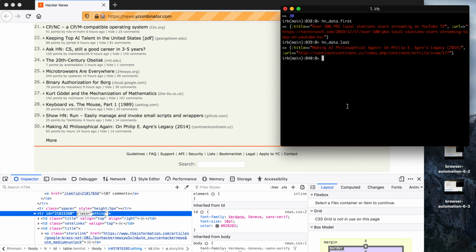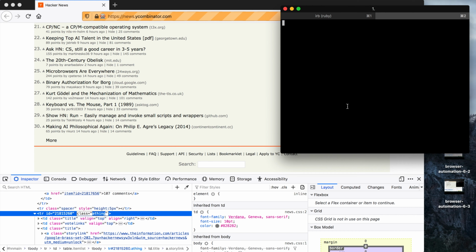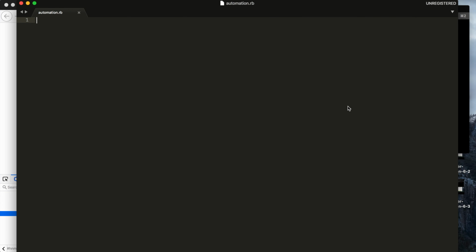So now at this point, let's actually just throw this into a script. I'm going to open up a new tab in my terminal, and I'm going to create a new file. I'm just going to call this automation.rb, and then we can go ahead and open that up. I'm going to open it in Sublime. So now let's require in Selenium WebDriver,